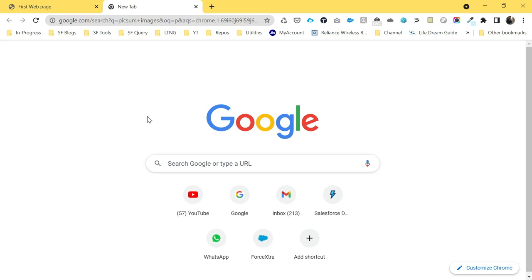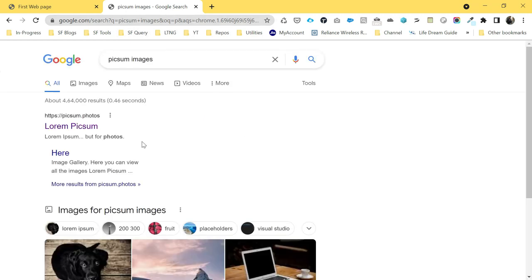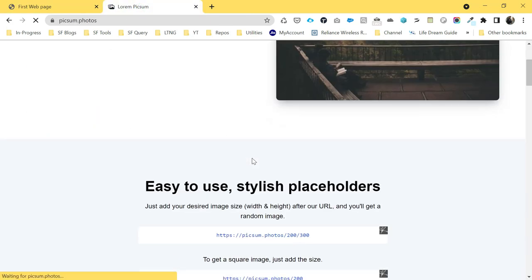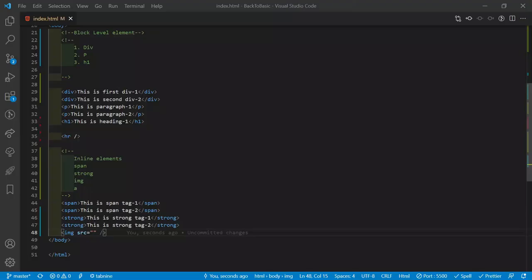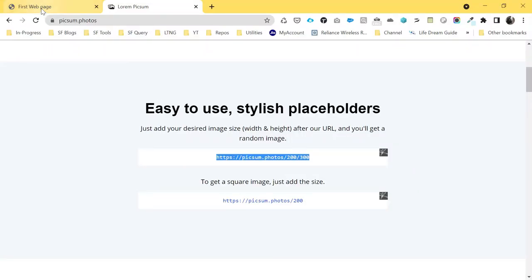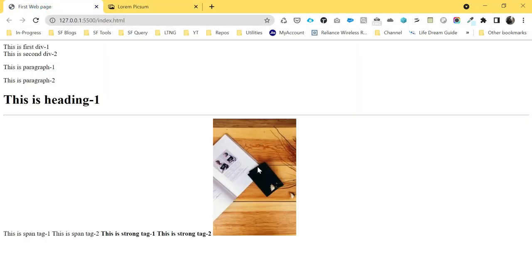This is one website, you can take the URL from this website for free. Okay, so just click this lorem picsum, and just wait for some time. Now you can see the image is coming. Just copy this URL and paste it here and save it. Once you save it, you can see my image is coming now.